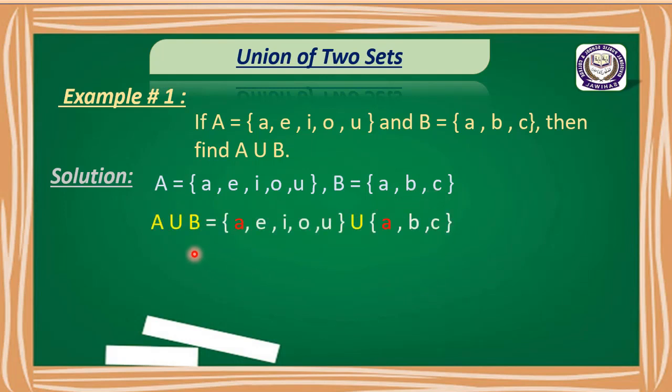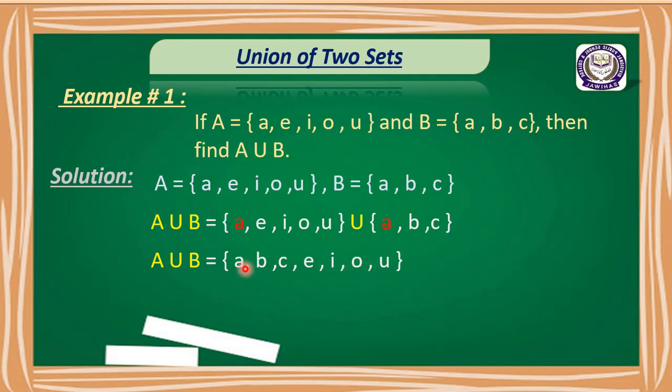Now we want to find the union of both the sets. सबसे पहले हम A union B लिखेंगे, which is equal to, first we write the set A, then union, and then we write the set B. आप यहाँ देख सकते हो कि A is an element which is in both the sets A and B. In both the sets A is present. And when we find the union, we will write A only one time, not repeat the elements. Okay, A, B, C, E, I, O, U.